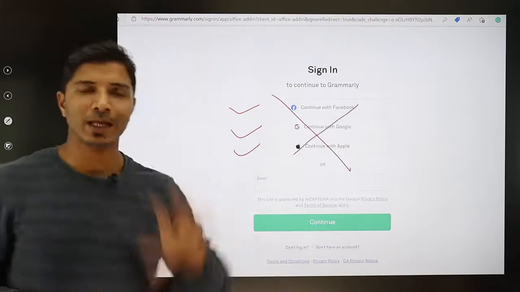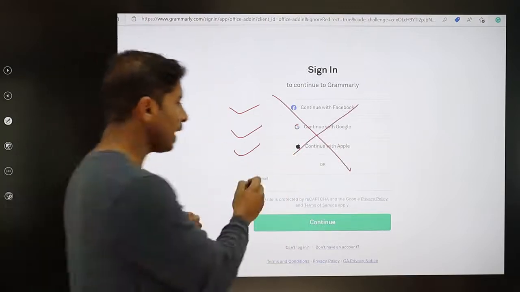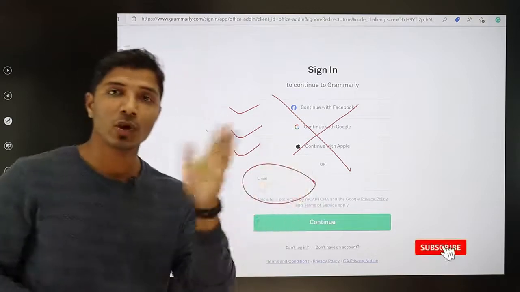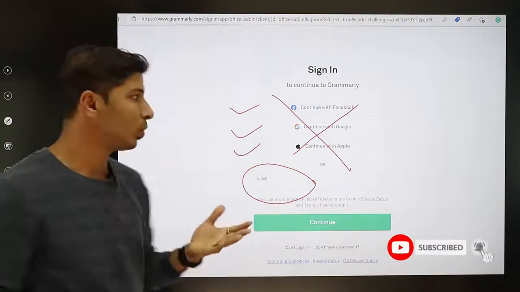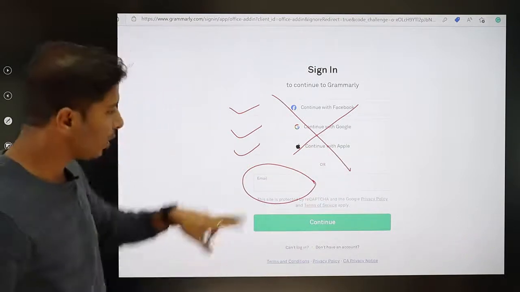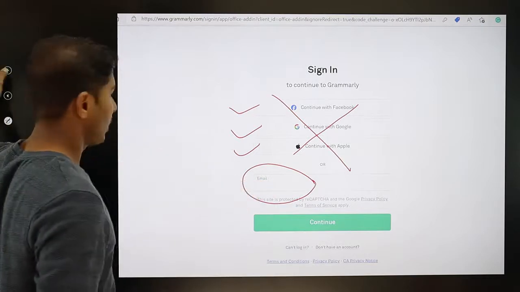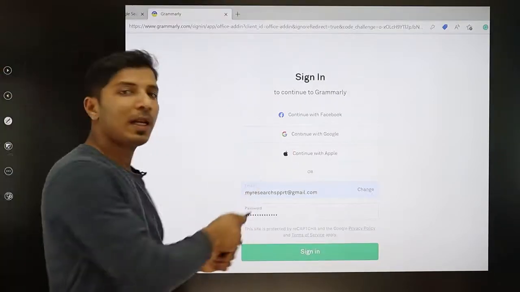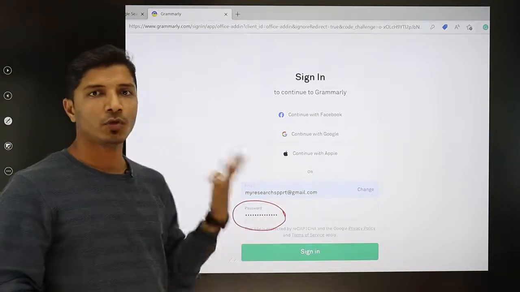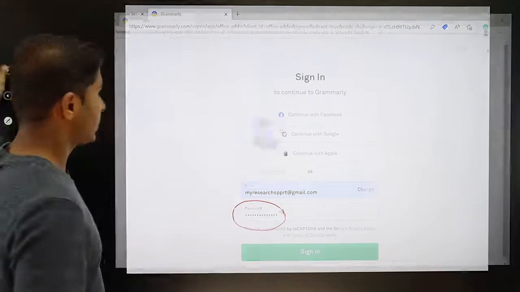You need to directly put your email ID in the space provided. With those login credentials, if you try to log in with Google, you won't be able to log in. So put your email ID here, then enter the password, and click on sign in.